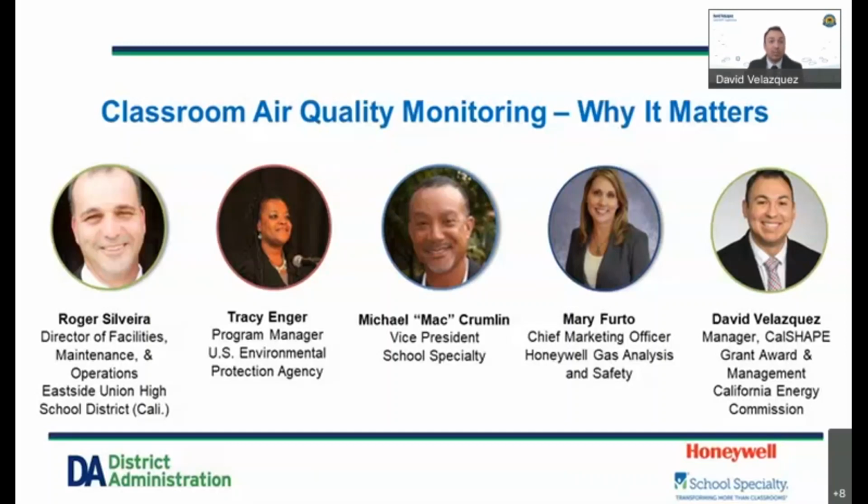This program was implemented with the passage of Assembly Bill 841. CalShape consists of two programs, the CalShape Ventilation Program and the CalShape Plumbing Program. Program guidelines have been adopted by the Energy Commission, and we're currently accepting applications and issuing awards for approved applications for both the ventilation and plumbing programs. The CalShape Ventilation Program offers grants to schools and charter schools to assess, maintain, and repair HVAC systems in these schools. The CalShape Plumbing Program provides grants to replace aging and inefficient plumbing fixtures and appliances in school districts and charter schools as well.